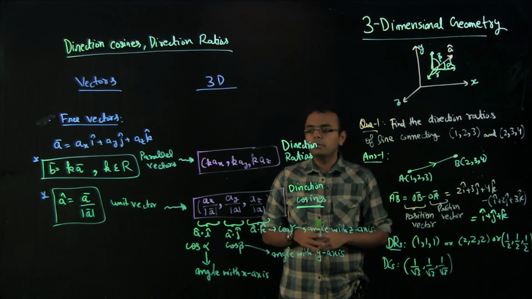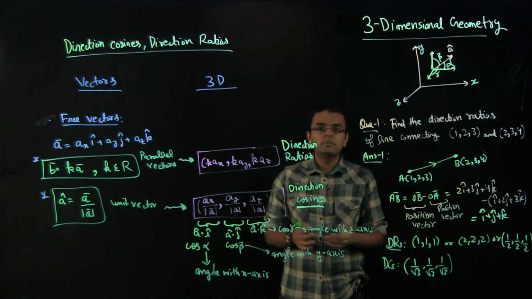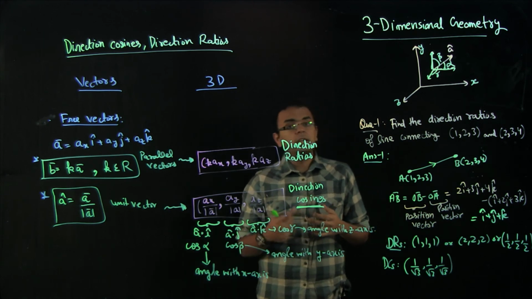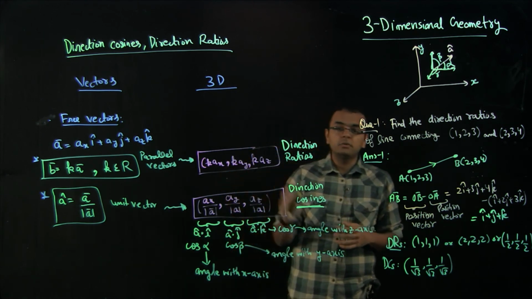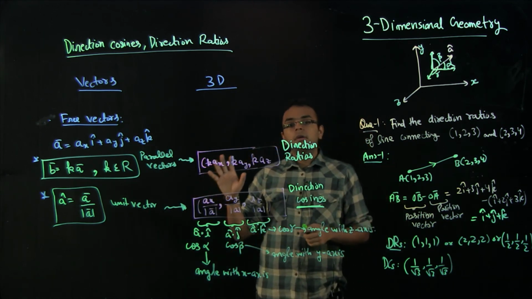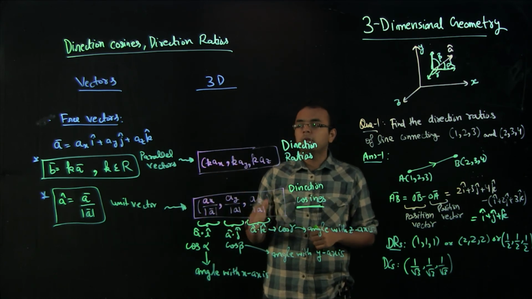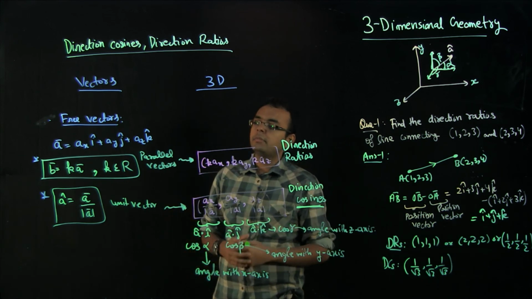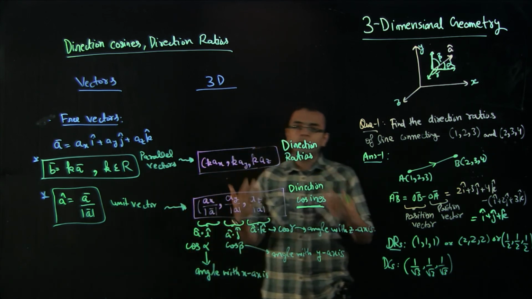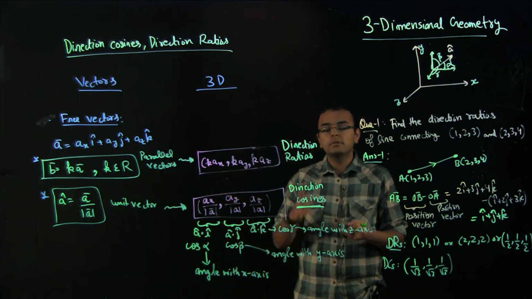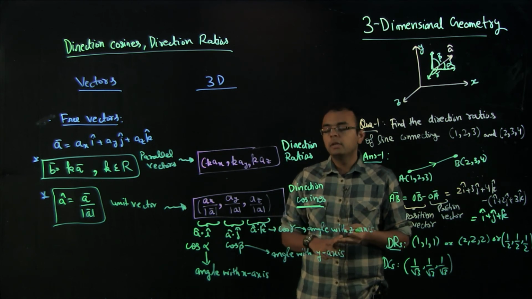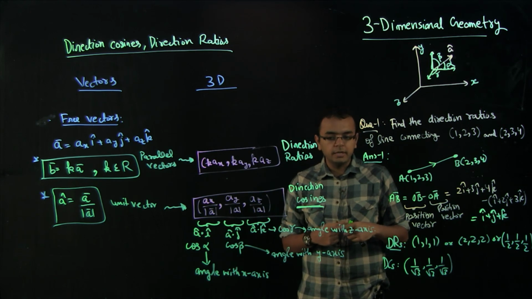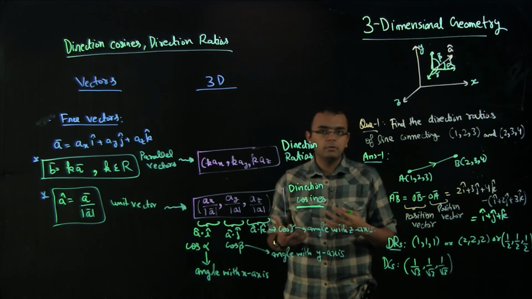So in the next video, based on this basic understanding, we will start talking about lines, which is a very important topic: straight lines in 3 dimensions. You have done straight lines in 2 dimensions, which is x and y, before in the previous class, 11th basically, but in this chapter you will be talking about straight lines in 3 dimensions. So it will have x, y and z, all 3 dimensions, and then we will look at how to calculate the angle between 2 lines and how to do different problems.